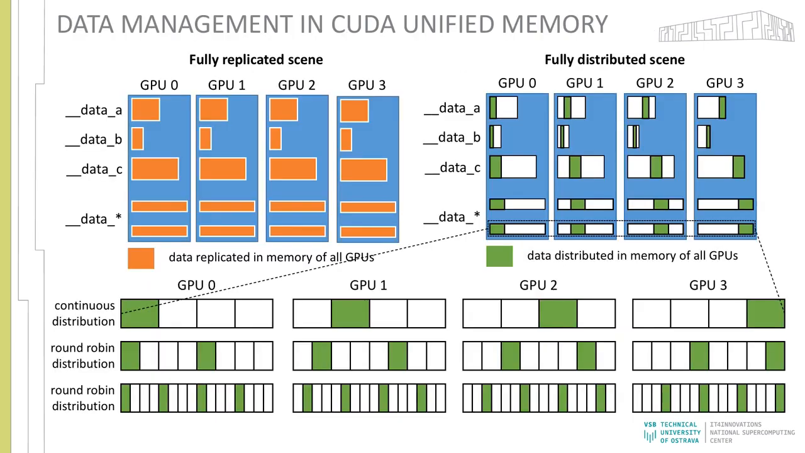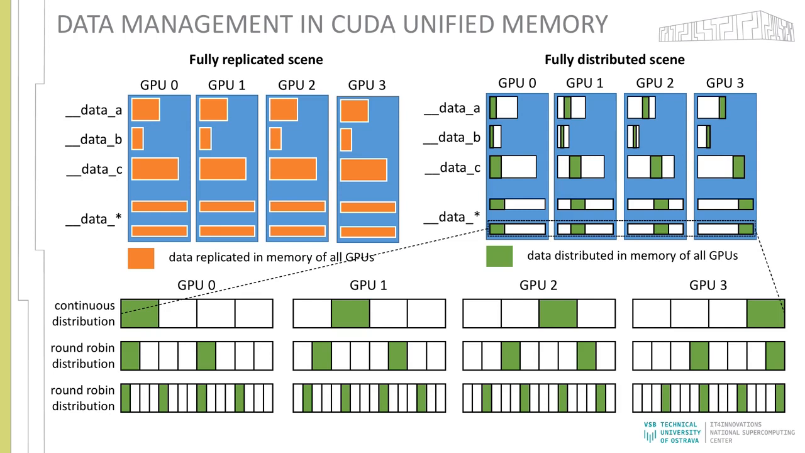Let's suppose we have a scene prepared for path tracing, which is stored in several data structures. Using CUDA Unified Memory, each data structure can be either replicated on all GPUs or distributed. Without any detailed knowledge about the data structure, we can use two different types of distribution. The continuous distribution, which splits the data structure in large chunks and assigns one chunk per GPU, or the round-robin